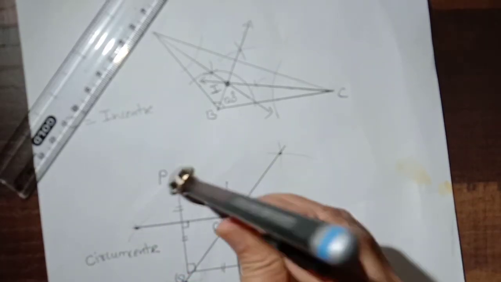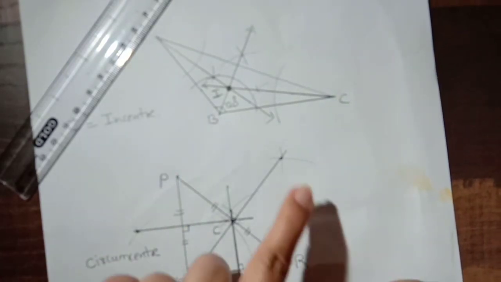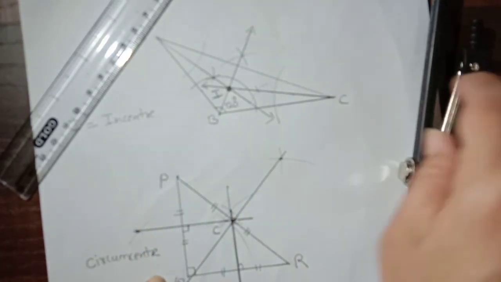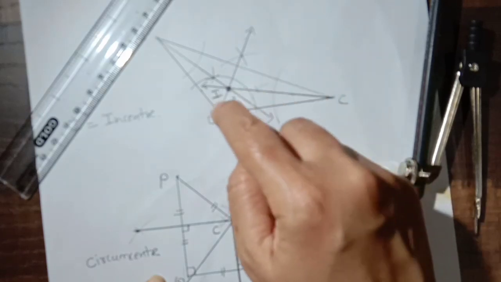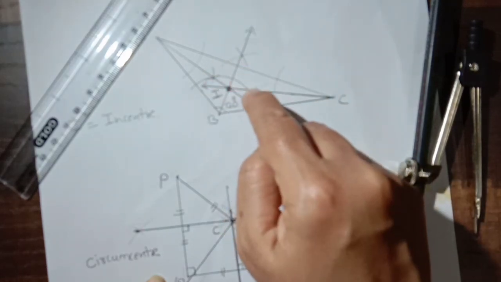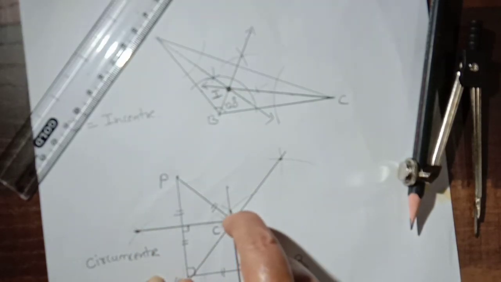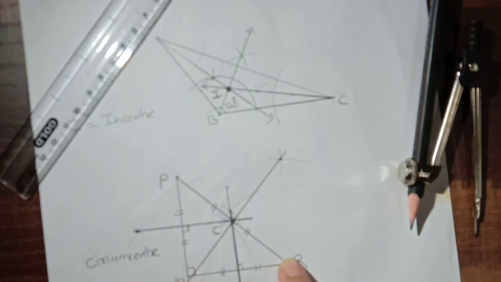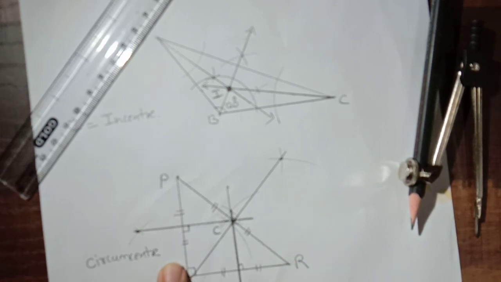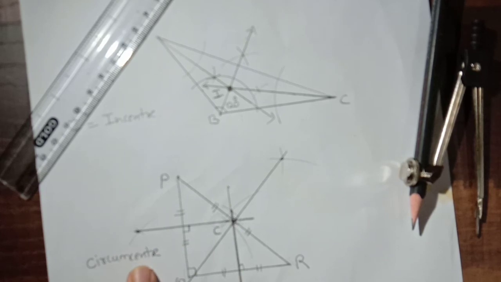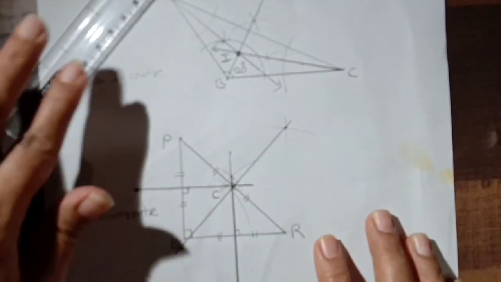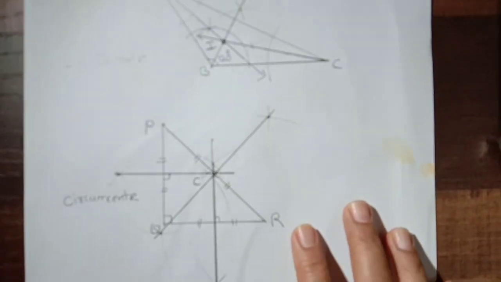So taking this as radius, if I draw the circle, it is going to pass through all the vertices. In the case of the incircle, the perpendicular distance is same everywhere. If I draw a circle, then it is going to form incircle, and therefore it is called incenter. Here with this distance from the vertex, if I draw, the circle is going to pass like this from outside, touching all the vertices, and therefore this circle is called circumcircle and its center is circumcenter. Okay, so these two are the constructions. I hope you all will be doing. Shall I show it, zoom it for you and show the constructions clearly?